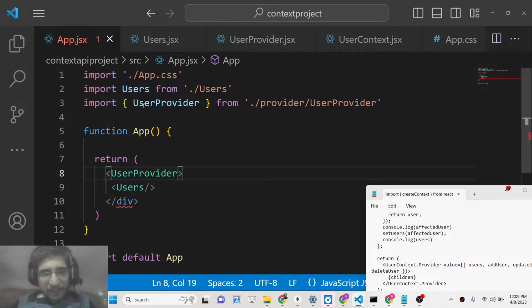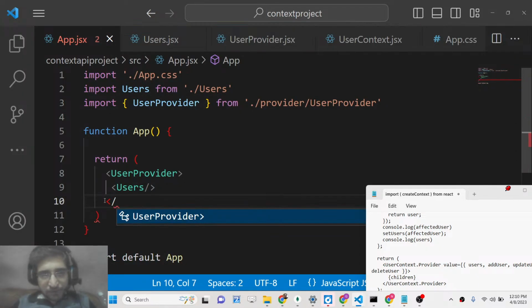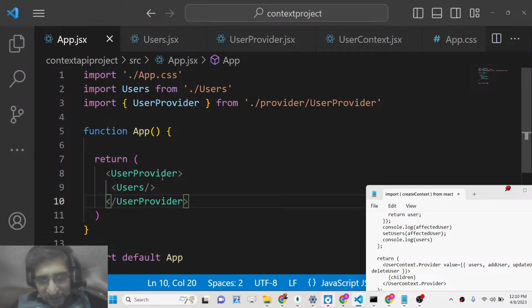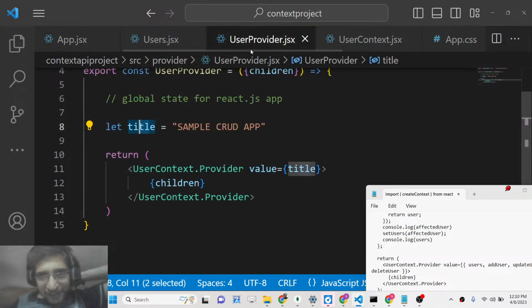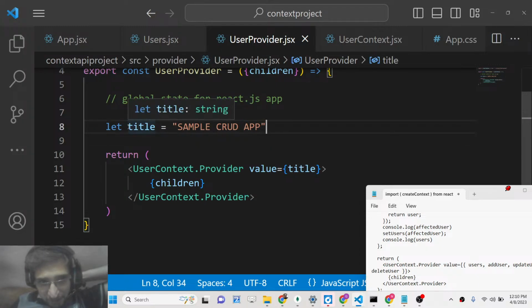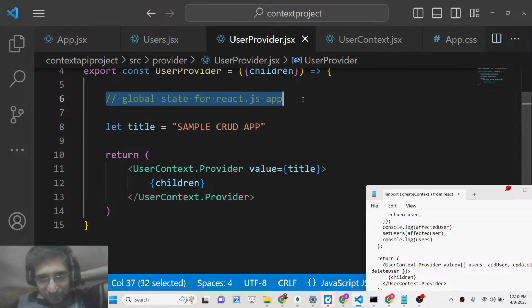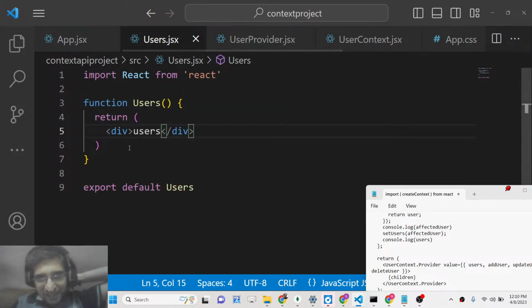You can see automatically user provider is imported from the provider folder. And here we can simply wrap this with user provider. That's all. So this simply is saying that whatever state, whatever data that you have declared inside your provider, this can be multiple variables, multiple methods. All of the data that you declare for your React.js application will be accessible to all the components that are